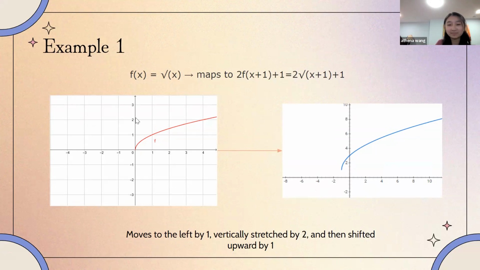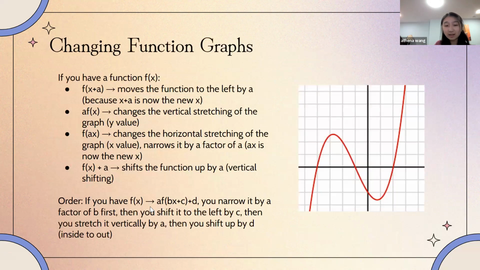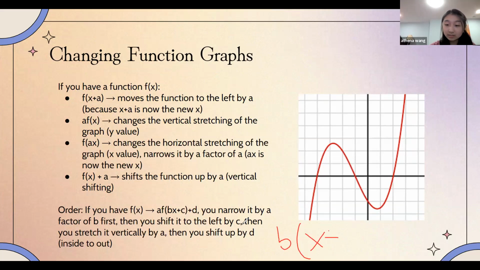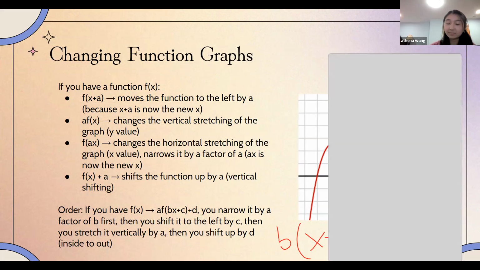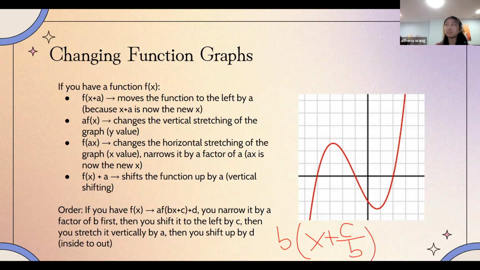Okay, go back. We did not have an example for this, but if we have bx plus c, we don't actually narrow it by a factor of b first and then shift it to the left by c. We actually first factor out this b: b times x plus c over b. That should have been what we should have done. Okay, so we shift it to the left by c over b, and then since we're multiplying this whole thing by b, we then